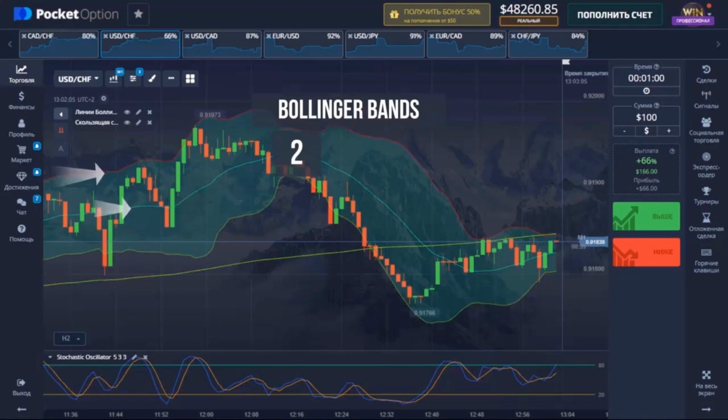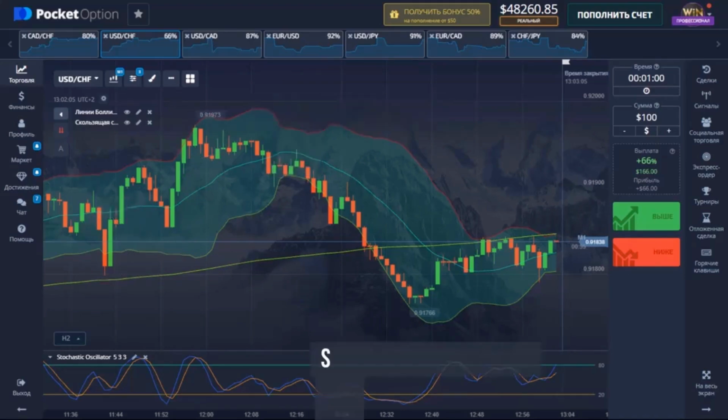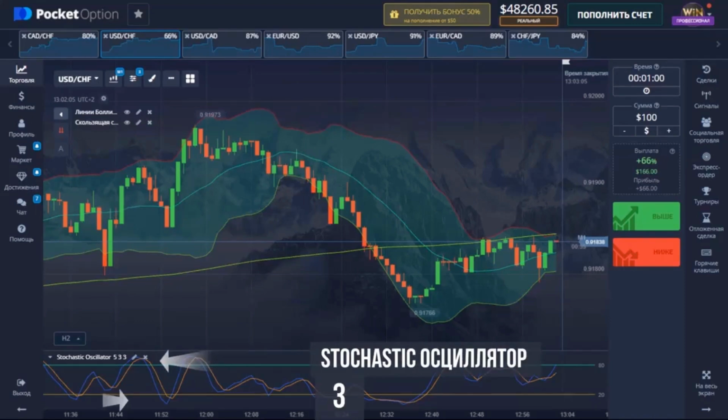This indicator is also used to identify the trend and is shown on the chart as 3 lines forming a price channel. It helps determine the entry point at the moment when the price bounces in the opposite direction from the channel's boundaries. The third indicator, the stochastic oscillator, shows overbought and oversold zones and is used to confirm the signal received